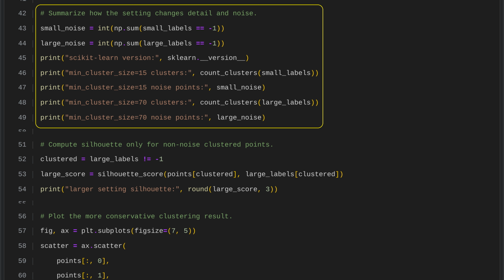The code compares two clustering models with different minimum cluster sizes. It counts noise points by finding labels marked as -1, reports the Scikit-Learn version for reproducibility, and prints the number of detected clusters and noise points for each model. This shows how changing the minimum cluster size affects the level of detail in the clusters and the amount of